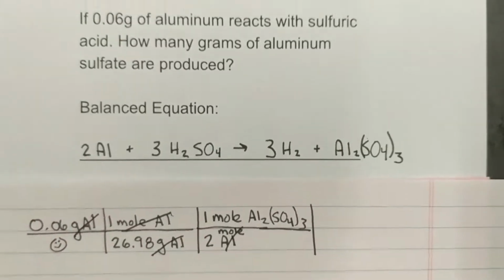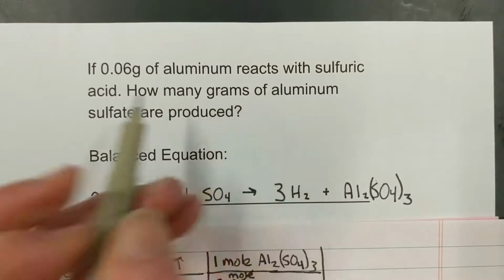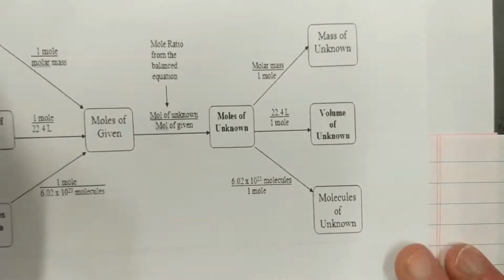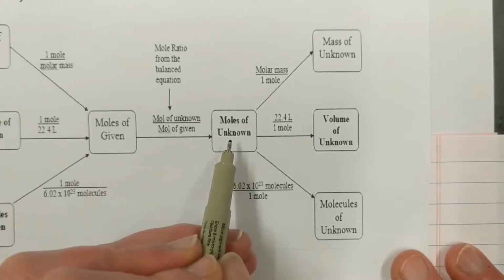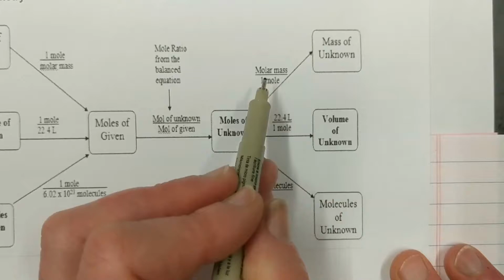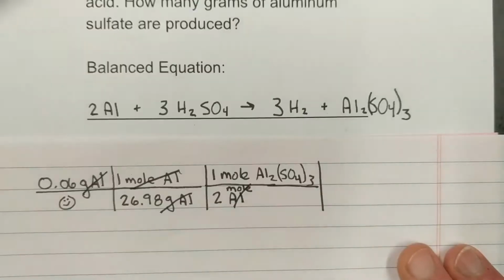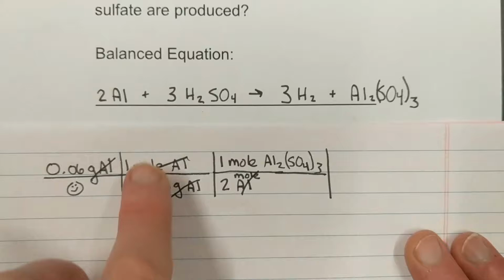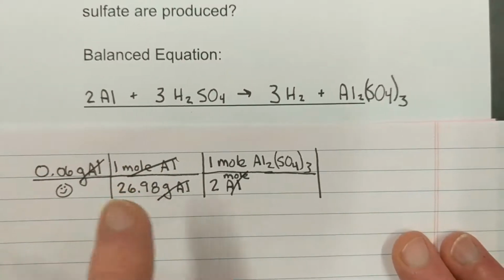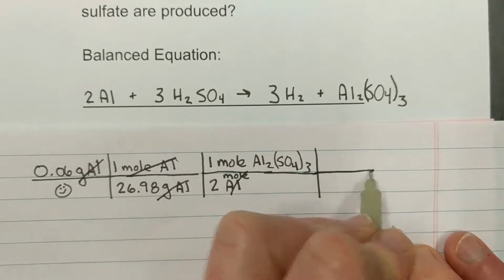But our question asks us, our unknown is grams, the mass of aluminum sulfate. So we need to do 1 more conversion factor. We are right now in the moles of the unknown, and we need to go to the mass of the unknown. Our conversion factor is molar mass over 1 mole. Why is it different than here? Well, here we were going from mass to moles, but in this last one we're going from moles to mass. So in order to cancel out